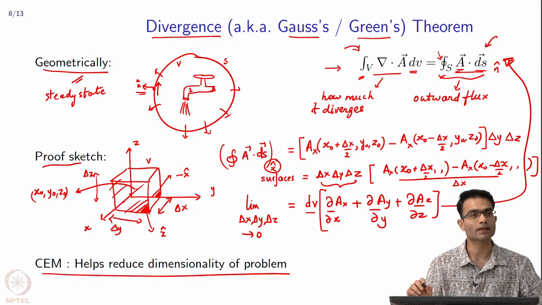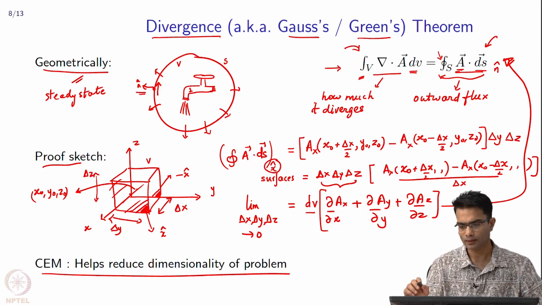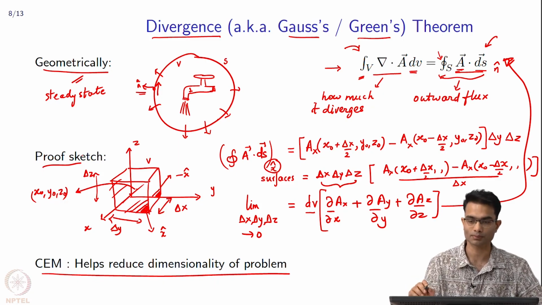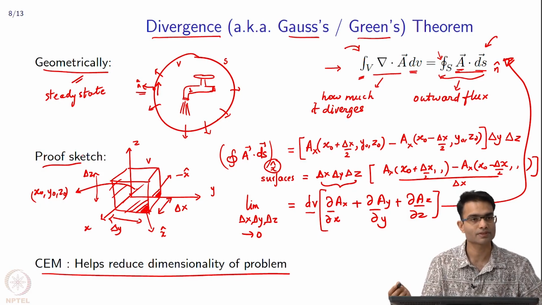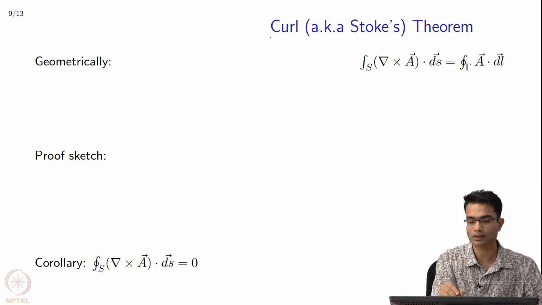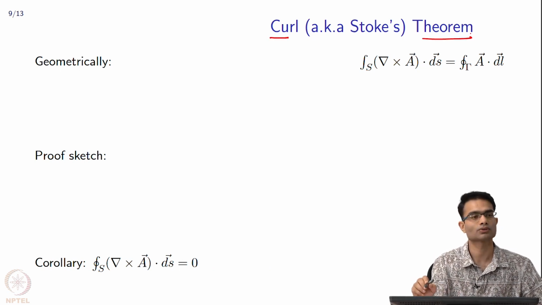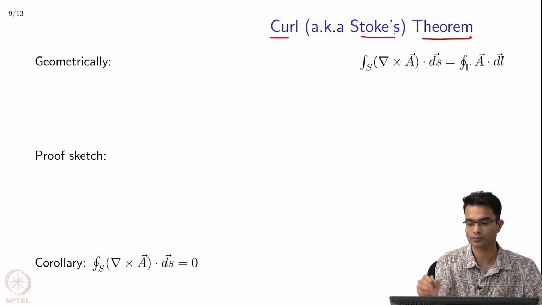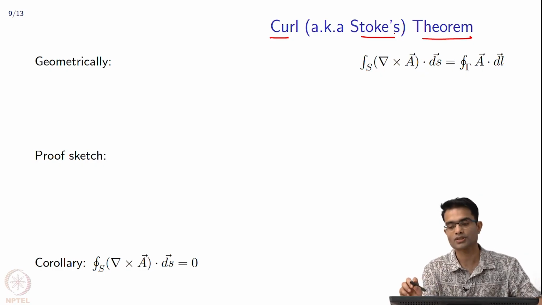So, this is the divergence theorem, and as I mentioned, it helps us to reduce the dimensionality of the problem. Let us move to the next object which we have considered, which will be involving the curl. That is the curl theorem, also known as the Stokes theorem. So, Stokes theorem is going to relate